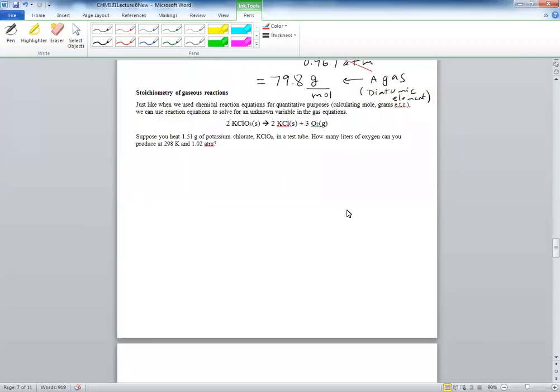Stoichiometry of gaseous reactions. Now, when you do these kind of problems, you have to remember that this is more of a genuine problem-solving question, because it's asking you to think about the question and develop a strategy. Before we begin, I'm going to make it a little bit simpler for you, and I need to tell you that whenever you do these kind of questions, you have to keep in mind that